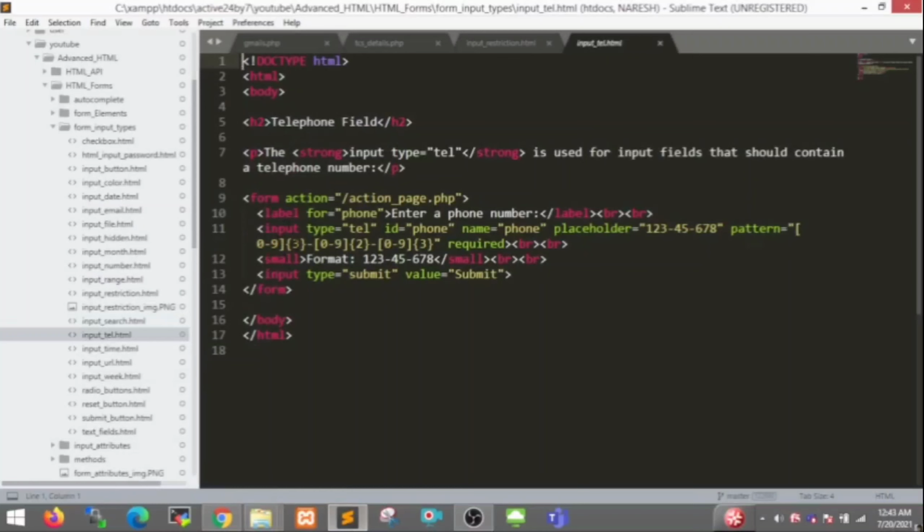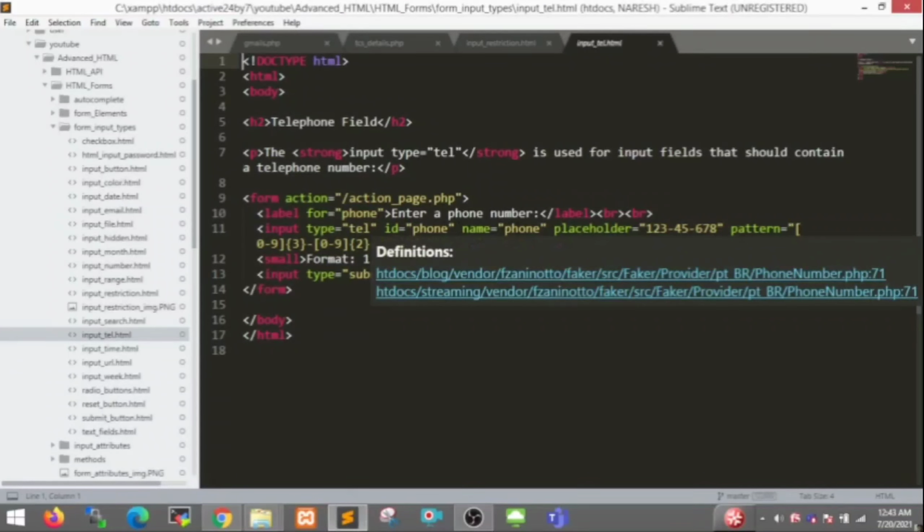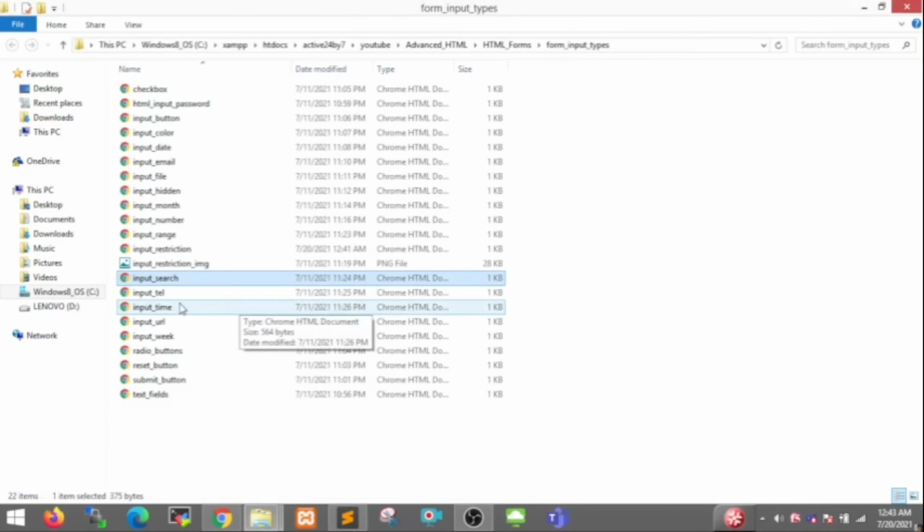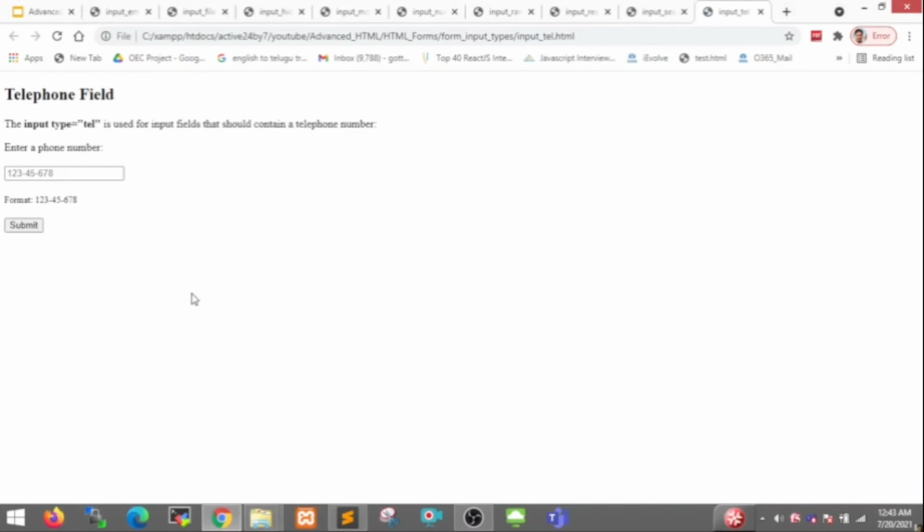Telephone number. Here I define the type equal to tel, with ID, name and placeholder like this. Pattern is this. So, submit the form. I go to my local file, where I created the input tel web page.